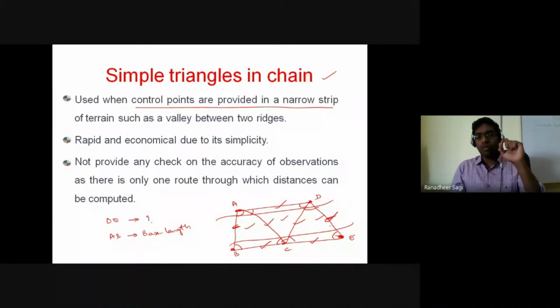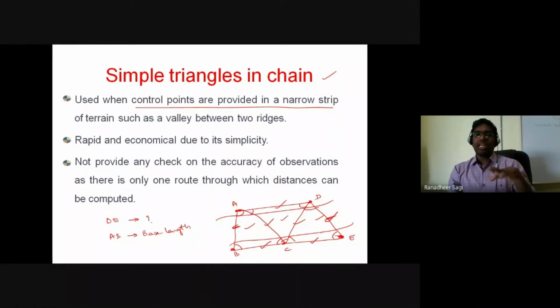Okay, so now why did I say there is a disadvantage with this particular technique? If I want to find out the length of the member DE, I have only one possibility, or one particular route by which I can travel, and I can find out the length of that member DE. One route in the sense,